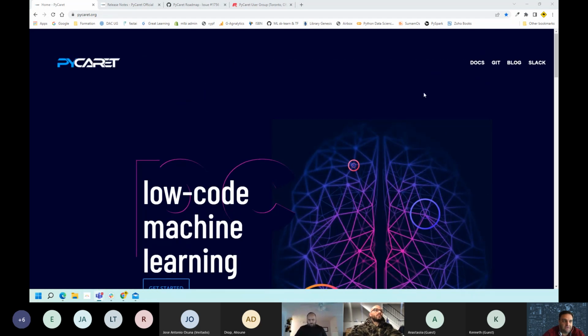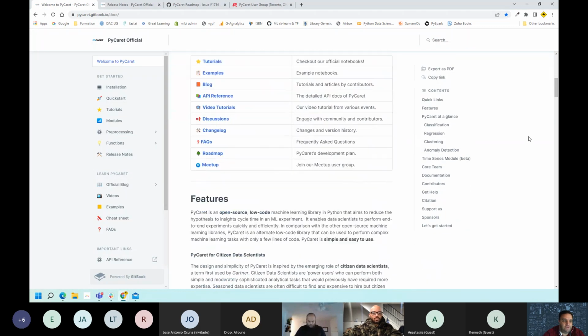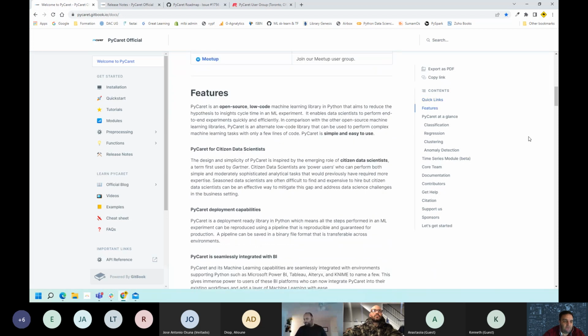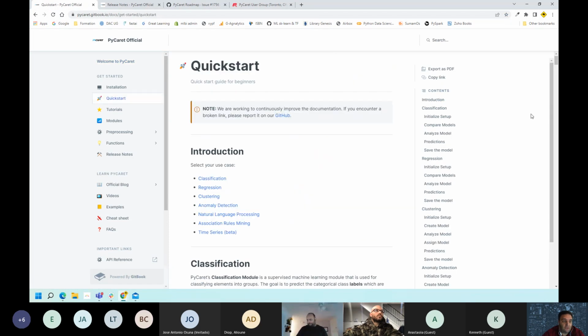If you go into this section on the top, on the docs, you are going to see the brand new overhauled documentation site. Everything is here. You can start literally from zero, even if you don't know anything about Python. You can go through every single one of the modules in machine learning where PyCaret has been working on,